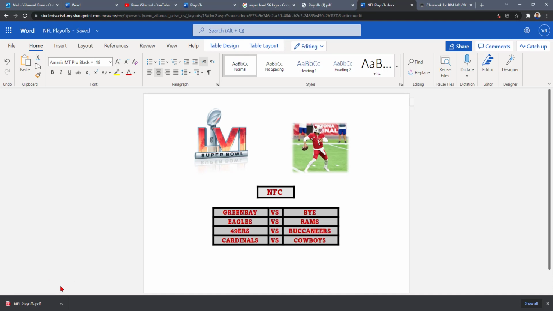Okay, then you're going to email me this document. To do that, make sure you just go to your email, go to New Message in your Outlook. It's going to be my email address, and the subject should be your period and the class. So for instance, second period BIM 1,